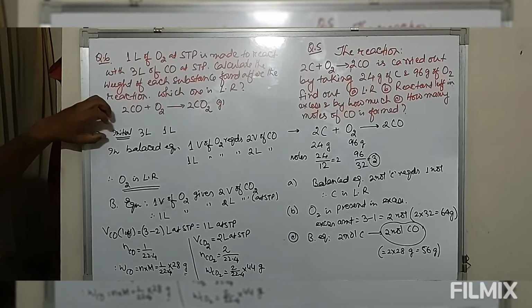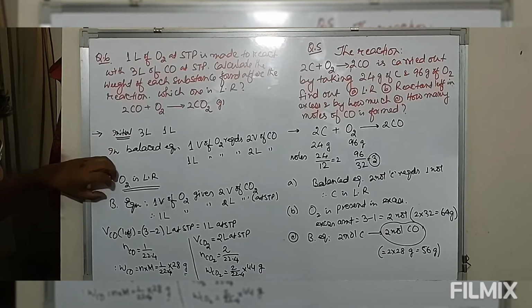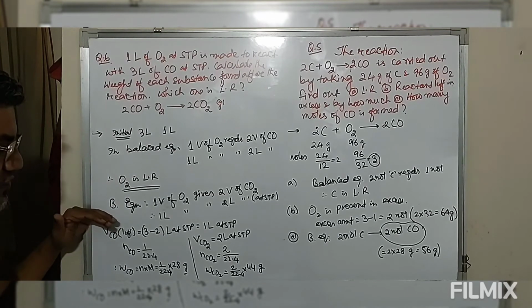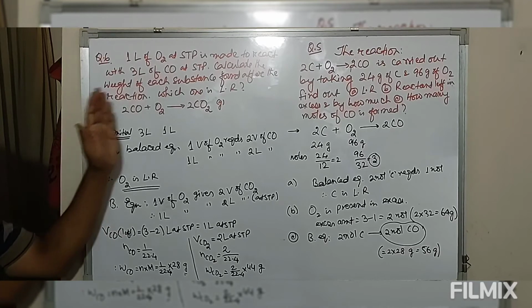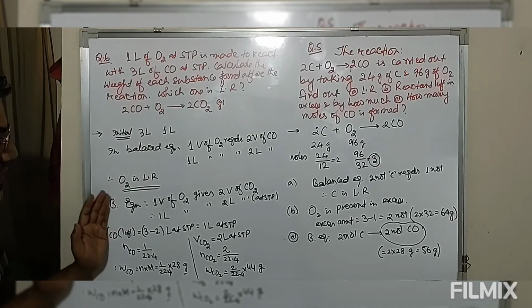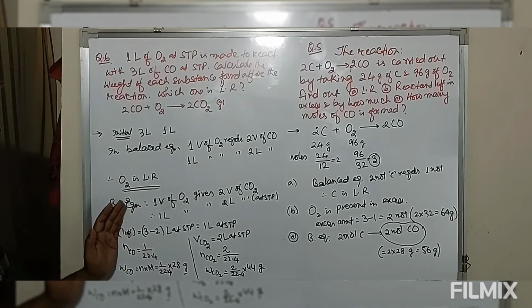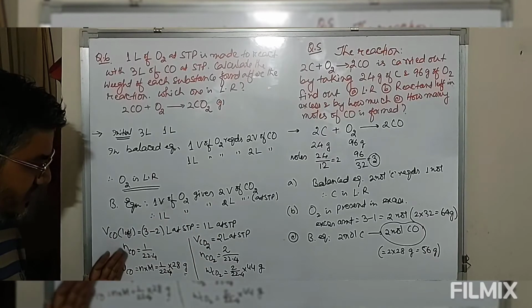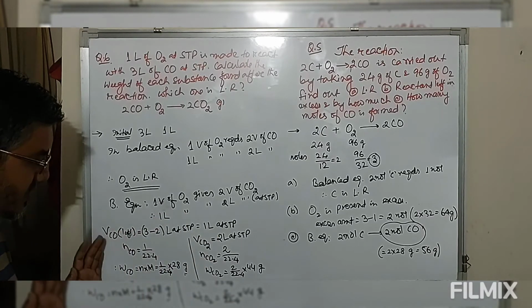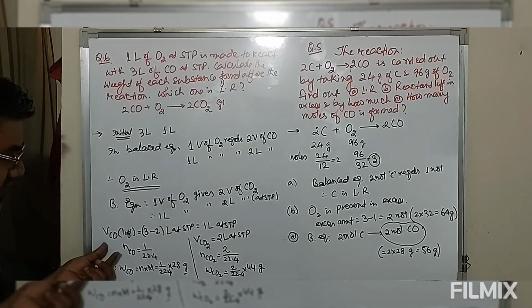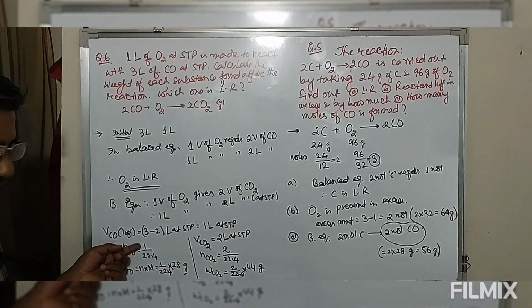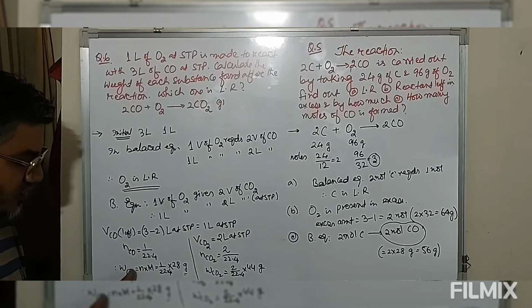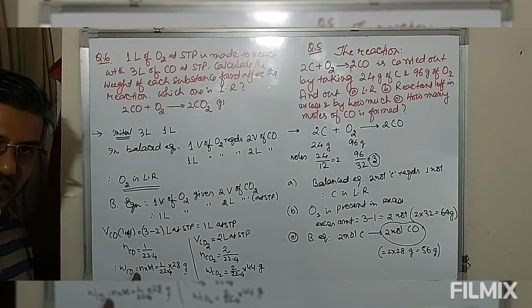So first, we defined the limiting reagent. From this limiting reagent we find the products, and since these are given in terms of volume, with reactants and products in the gaseous state, we simply use Gay-Lussac's law of combining volumes. So we define the volume of carbon monoxide left and the volume of carbon dioxide formed. Since these volumes are at STP, we convert them into number of moles using the relationship: number of moles is volume occupied by the gas at STP divided by molar volume. From this number of moles we convert into mass, since number of moles is mass divided by molar mass.